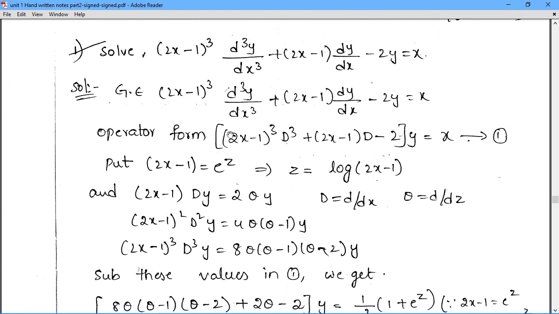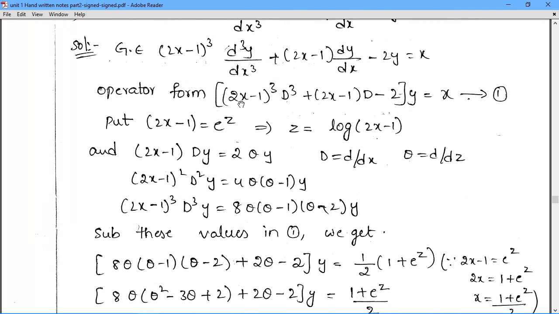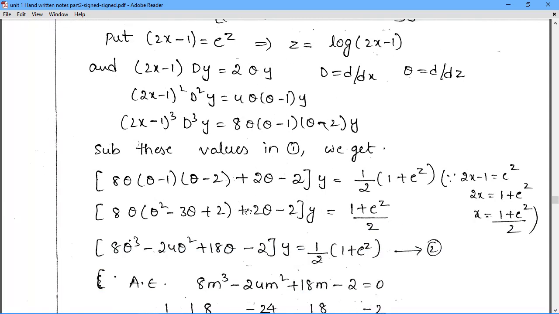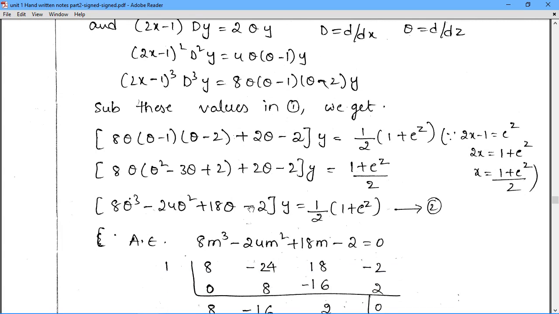Another sum is a third order differential equation, which is a Legendre's equation, because the equation has an expression like ax plus b, so we have to recognize that the given equation is related to Legendre's equation. Now we can solve by substituting 2x minus 1 as e power z, so that z is log of 2x minus 1, same as above. Replacing these values, the equation clearly becomes a Cauchy-Euler equation, the Legendre's equation. Now it becomes a linear differential equation with constant coefficients.